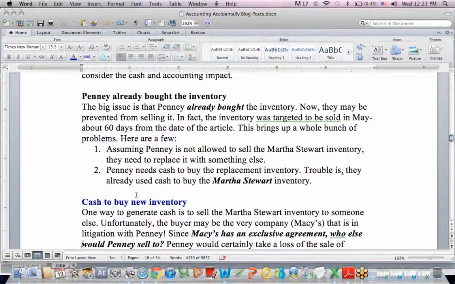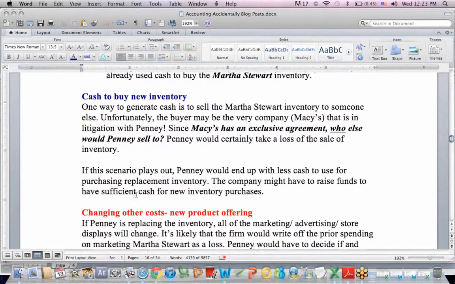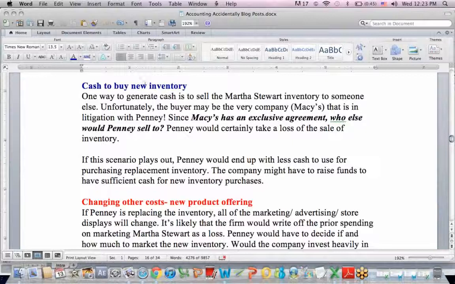So where do they get cash to buy more inventory? Well, one way to generate cash is to sell the Martha Stewart inventory. Unfortunately, the buyer may be the very company, Macy's, that's in litigation with Penney, because they're the only ones who can sell the product. They're the only ones who would consider buying more of it to put on their shelves. There's nobody else for Penney to sell to,